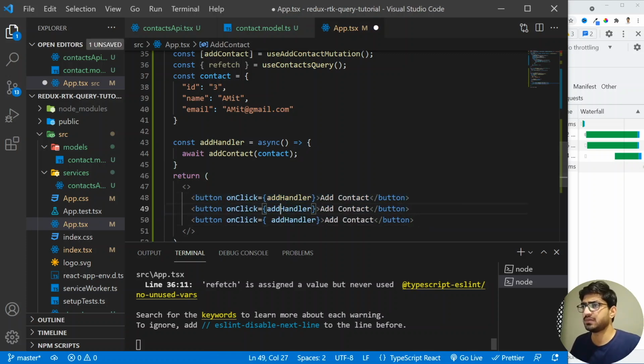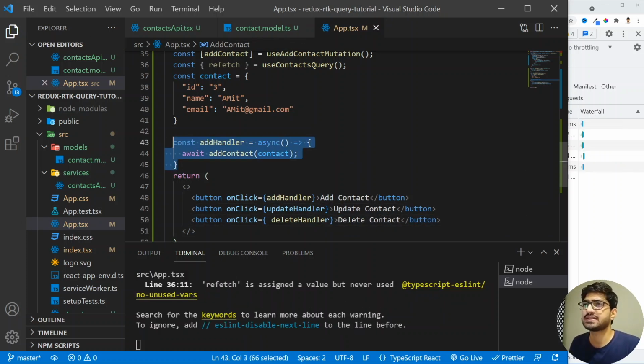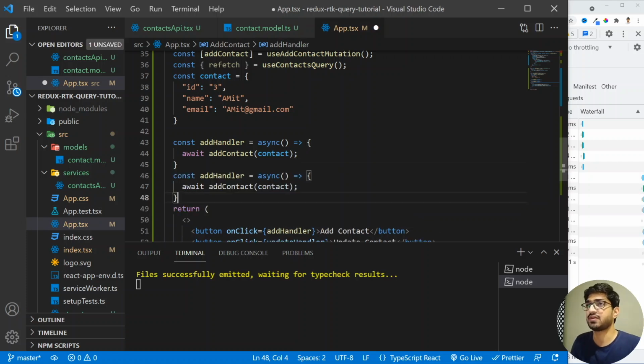The first one will be the update handler. So let me add the update handler, and the second one will be the delete handler. So let me add the delete handler, and let's change this to update, and let's change this to delete. All right, and I'm going to copy this 2 times so that we can have it for the delete and the